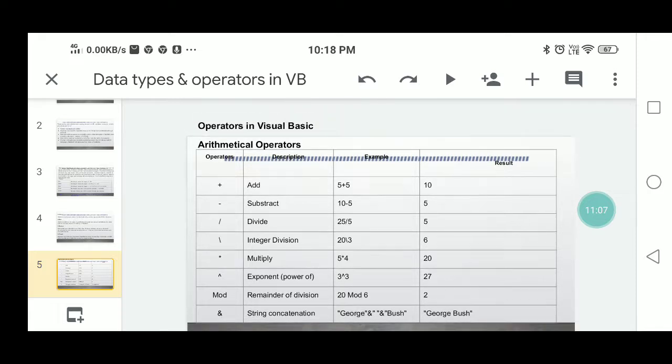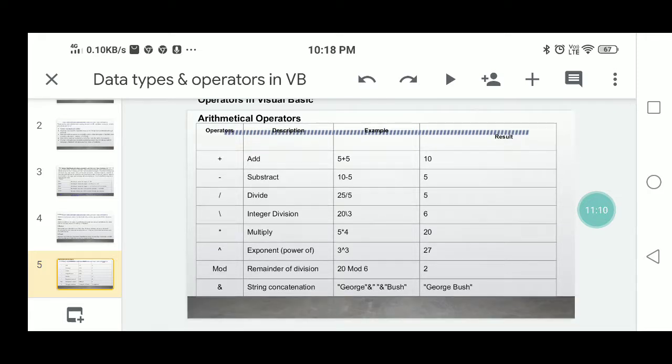Next, operators in Visual Basic. Arithmetical operators: plus stands for add, 5 plus 5 gives 10. Subtract is the minus sign, 10 minus 5 gives 5. Slash stands for divide, 25 slash 5 gives 5. Backslash is integer division, 20 backslash 3 gives 6,